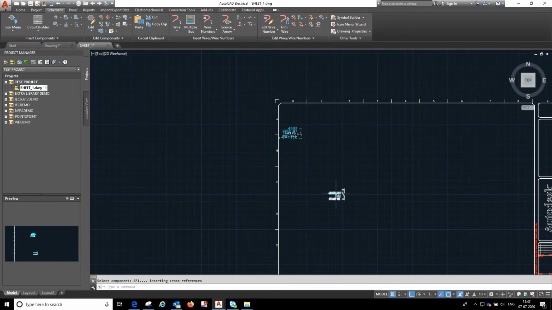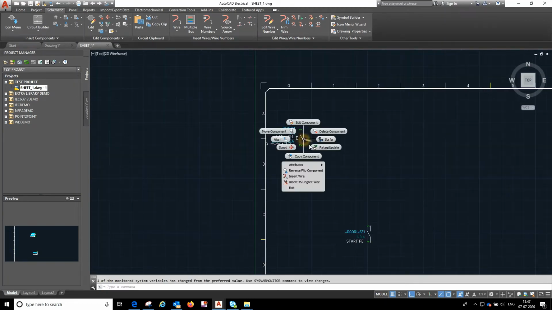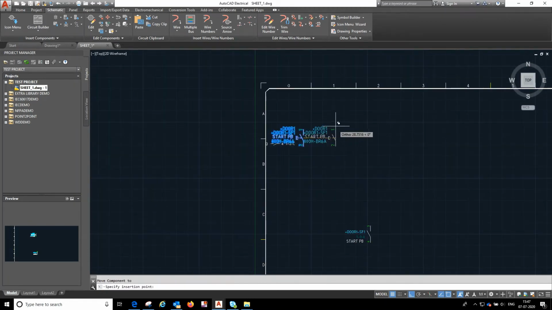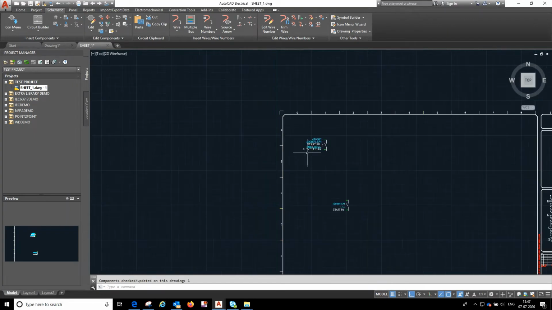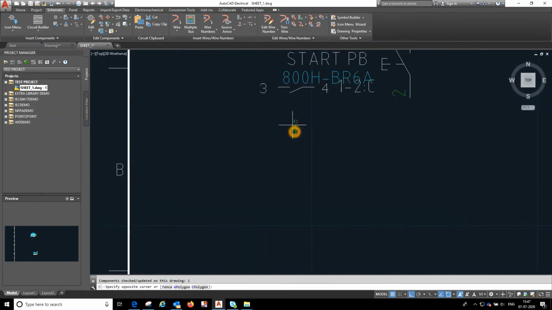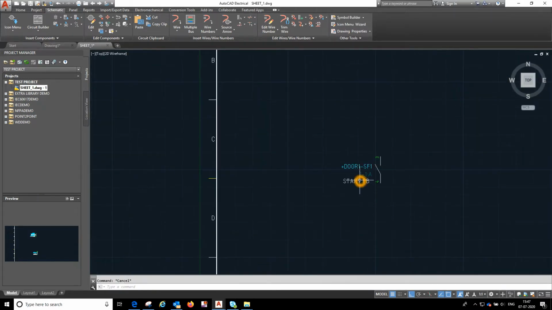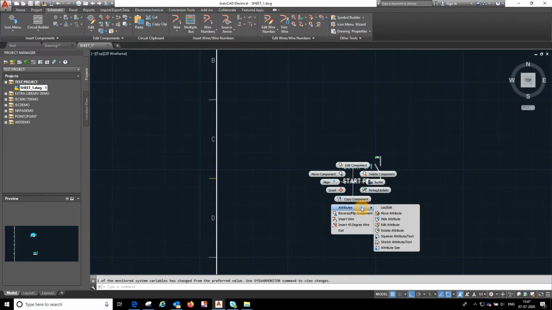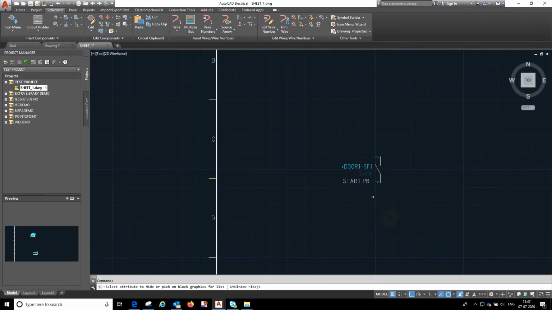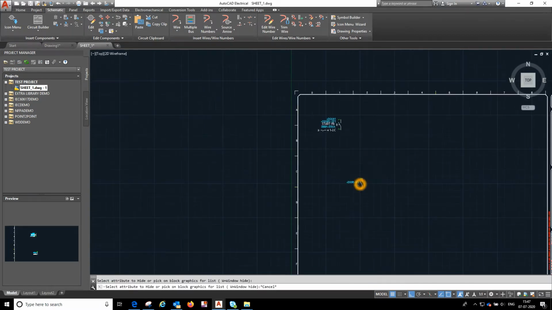So here just move the component here, and automatically it will change the cross reference of the components. Here just arrange the things here. This is not needed, as it is there in the parent component. We need to hide these things.